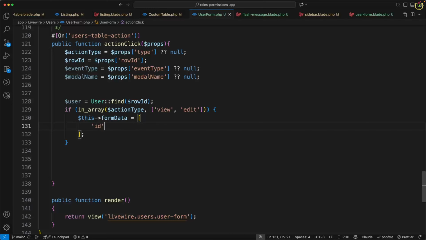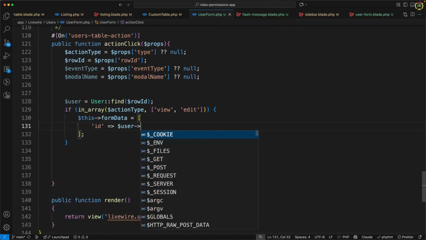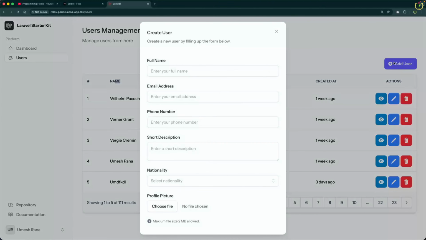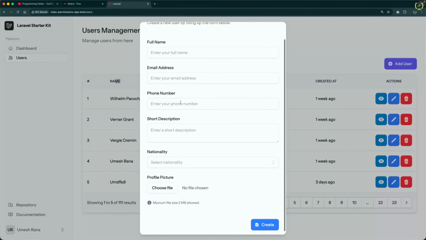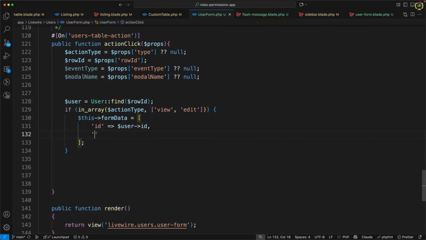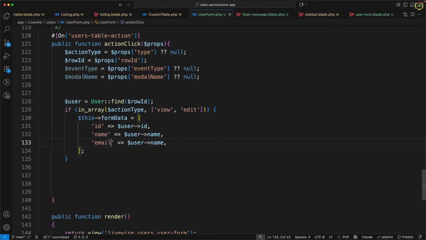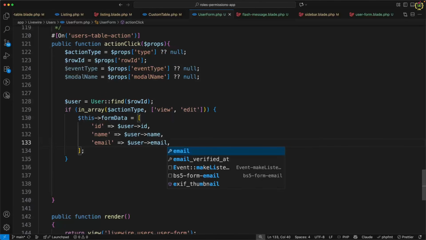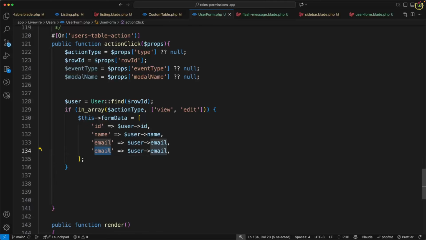So I will pass ID and this I will get from user ID. Next we need name, email, phone number, description, nationality, and this avatar. So let's pass name and this will be coming from user name. Next we have email, phone number,